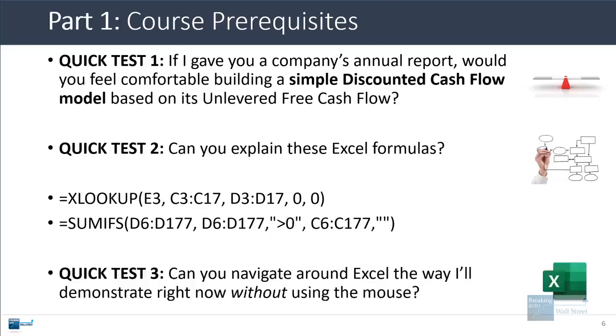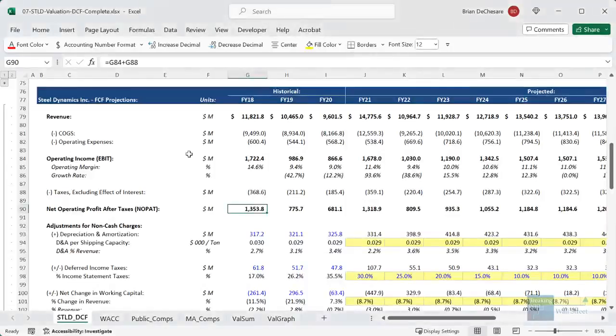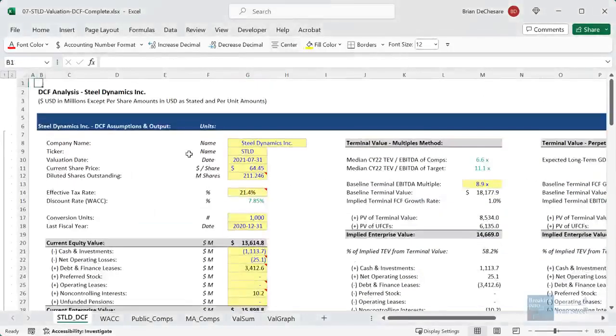And then the third question is, can you navigate around Excel the way I'm going to demonstrate right now without using the mouse, using solely your knowledge of keyboard shortcuts? So let's go back here, and I'm going to jump around just using the arrow keys. Let's